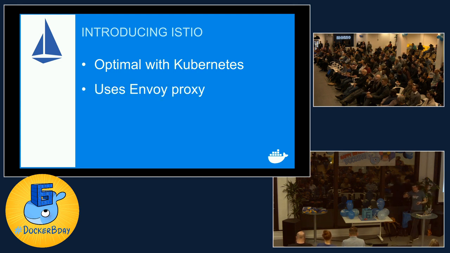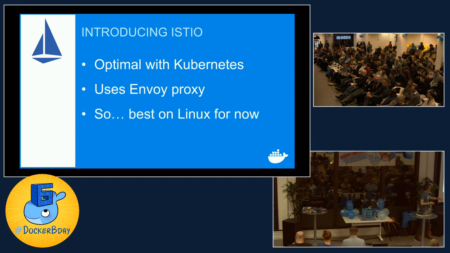It uses Envoy, so the bit underneath it is actually proxying the network communication. That's a separate third-party component. So all this stuff, although Kubernetes now supports Windows, Istio doesn't and Envoy doesn't. So if you are a cross-platform person like me, then you're not doing this stuff with Windows just yet.